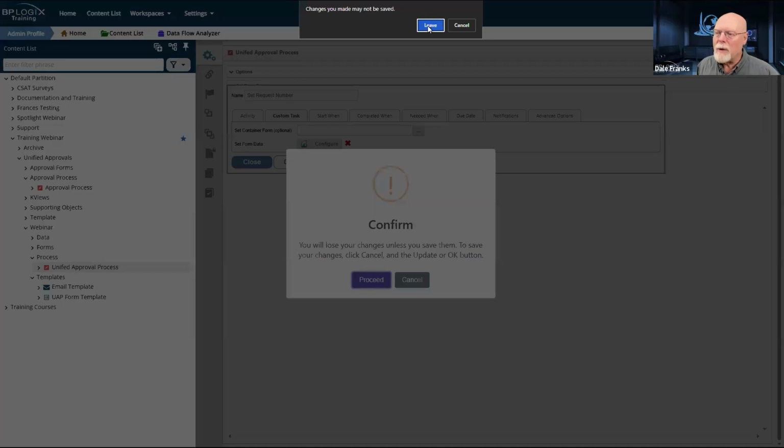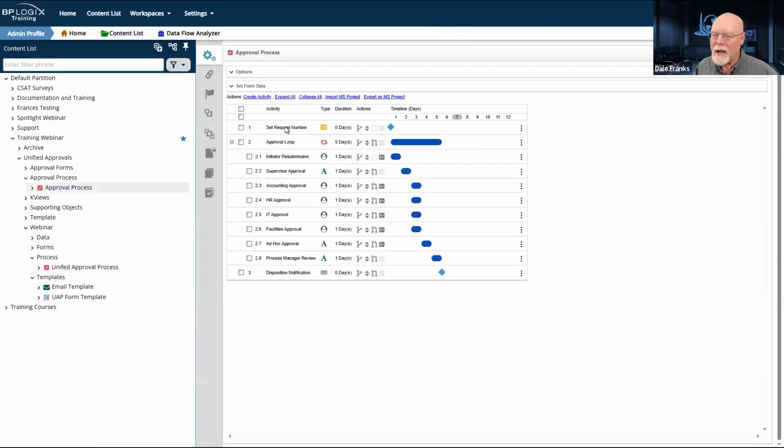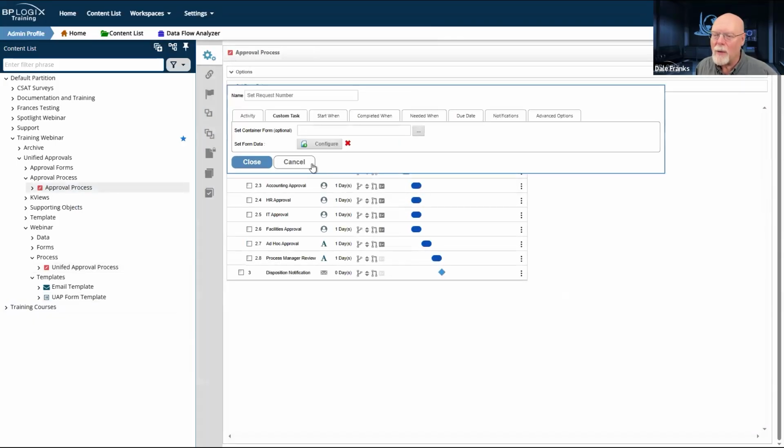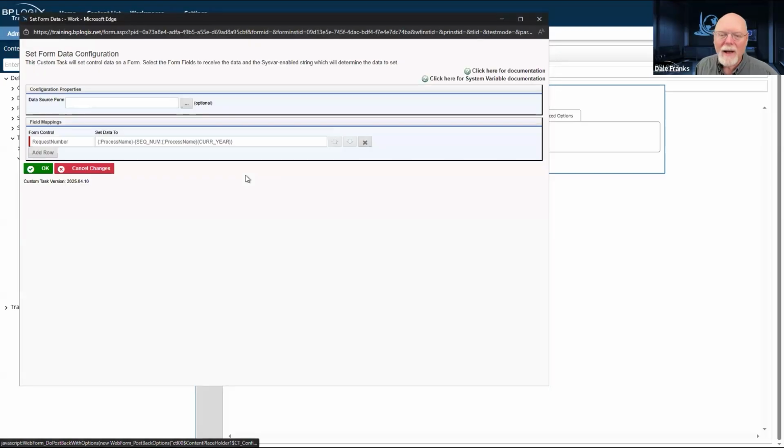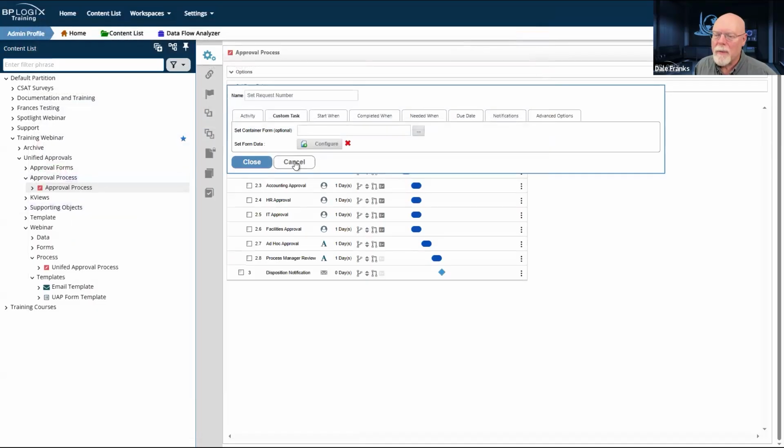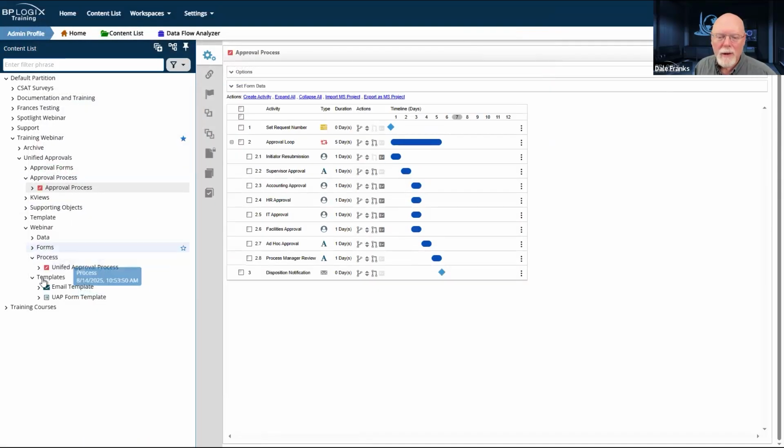And I just want to be sure I didn't miss anything as, you know, I do this live. I want to be sure that I get it configured properly. Form control request number. Okay, close.